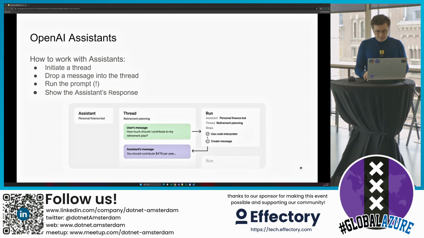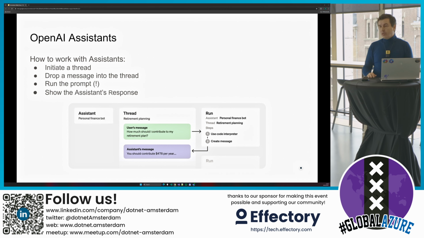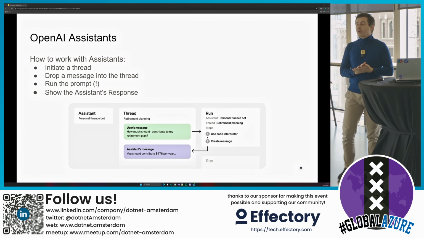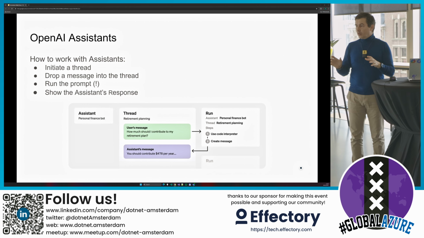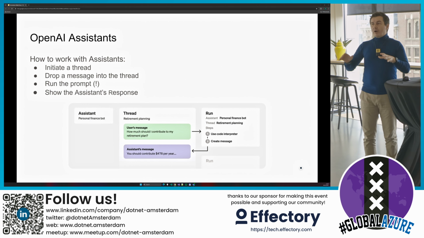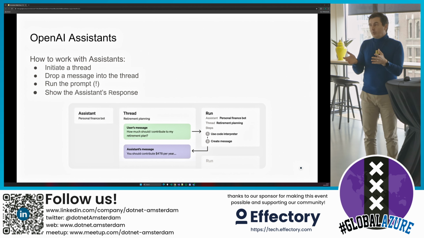How does it work? Well, the main ingredients for an assistant are threads and runs. Let me tell you, a thread is a common context. So you are already familiar with what the context for a prompt is.